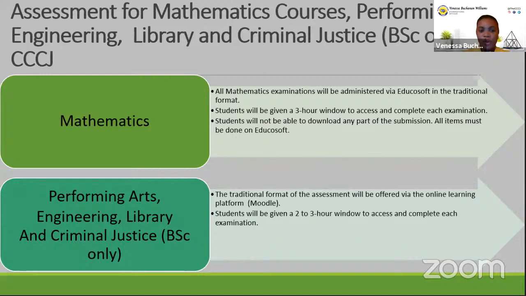And for performing arts, engineering, library science, these are courses that you will also be doing within a 2 to 3 hour slot, and you'll be doing it in what we consider the traditional format of assessment, meaning it is a timed assessment. You will access the portal within the time and complete within that time, and that's the end of the assessment for you. I hope that was enough in a nutshell.